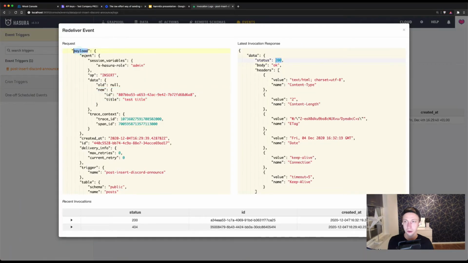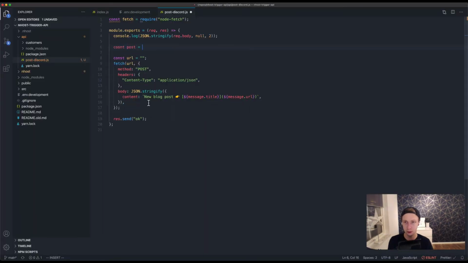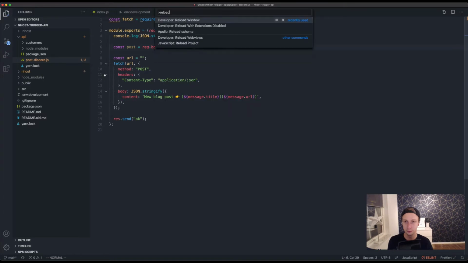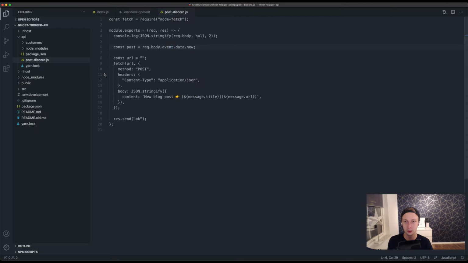So in payload, we're going to go to event data new to get the post. So const post equals request body event data new. Const. And then let's do, just going to reload. It doesn't want to do what I want it to. So post, yeah, it's title, right? And we don't have a URL here, so we're just going to skip that one. And now we need